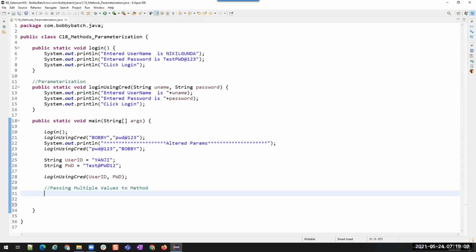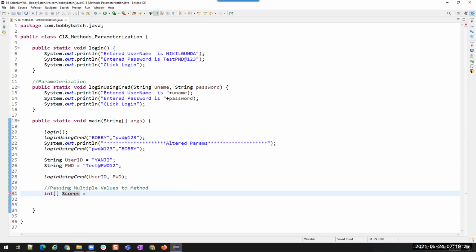We'll create some array, either an array of grades or marks. Scores.